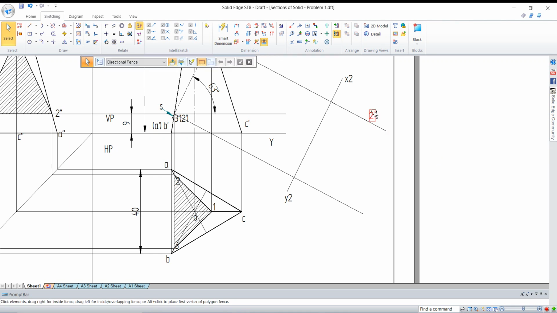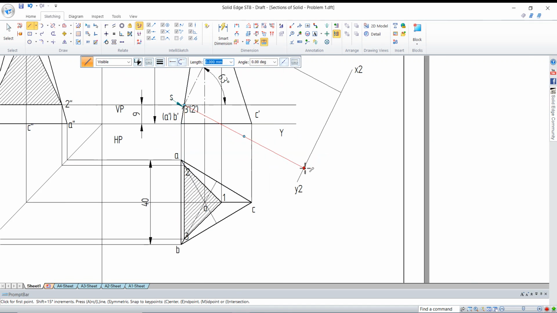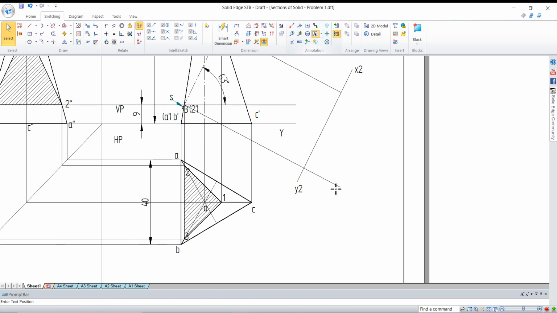Since this has been written with that side, both lines should be on the other end. This end you are having a sharp corner. If you look at the diagram properly, I'll trim this line like this, so that only this much is available, so that it will be easy for you to view. So point number 1, 2, this point should be 19.742 here. This is the first point. I'll keep it as point number 2 dash.